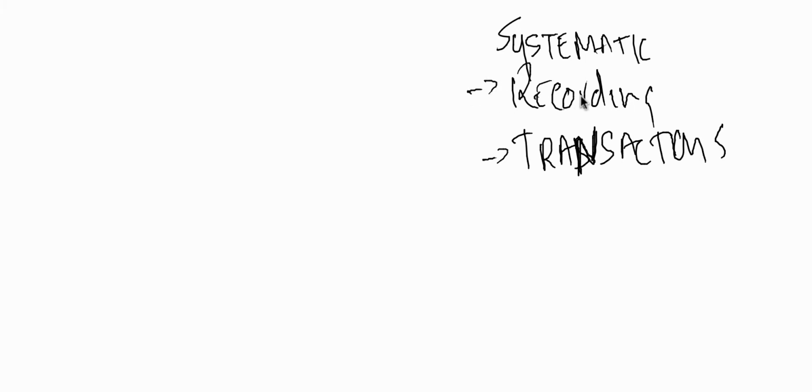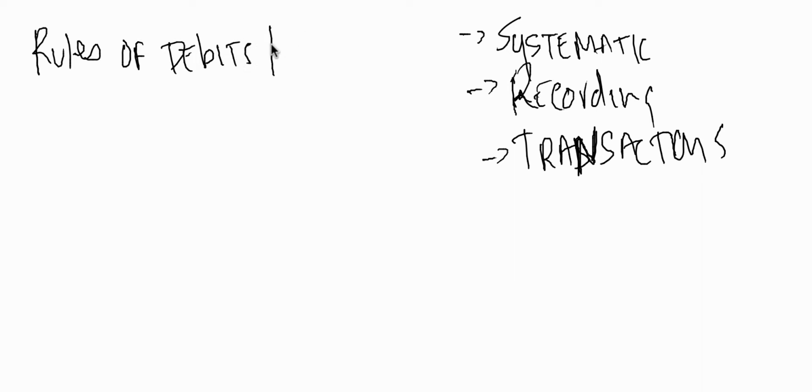We talked about how to record these using T accounts, which is the graphical representation of a general ledger account. I probably need to show you that, don't I? Okay, I'll do that. And then how we systematically record these transactions using debits and credits. Then I told you that we need rules to keep everything consistent and keep it standard. We need rules of debits and credits, and I showed you a tool to help you with